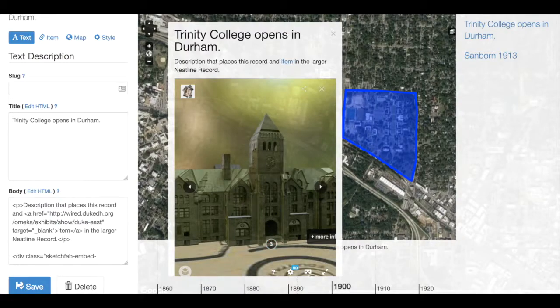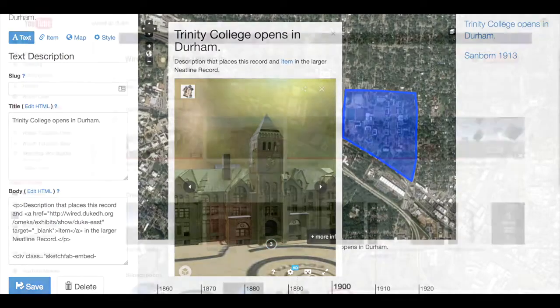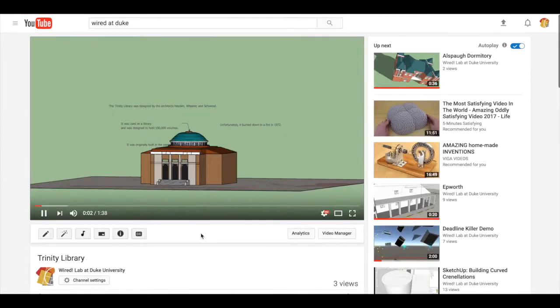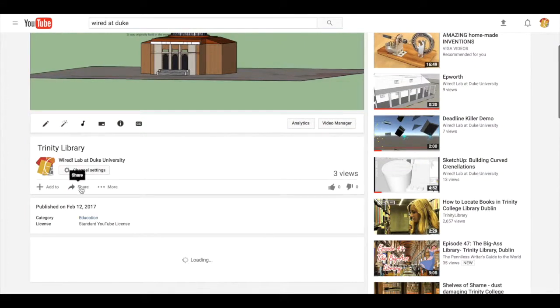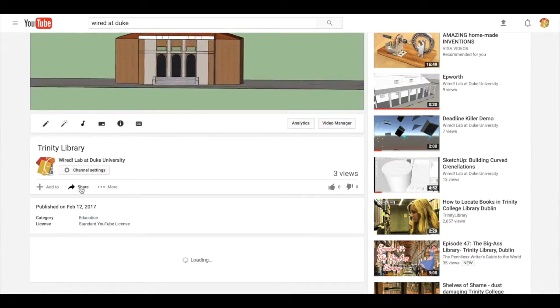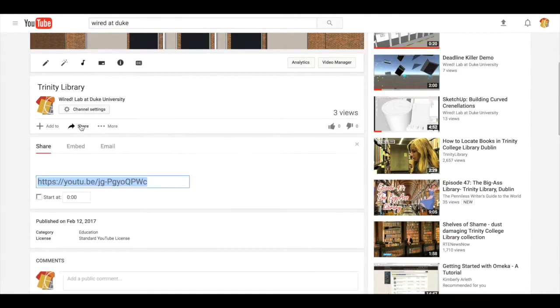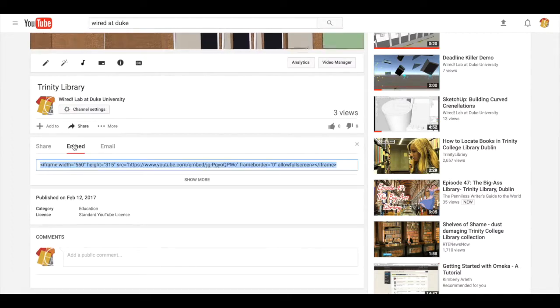In YouTube, I can also find this link. Let's say I want to embed this model, and this is a video animation this time. I can navigate down to Share on YouTube, and rather than copying this link here, I can click Embed, and this time I have a little bit shorter